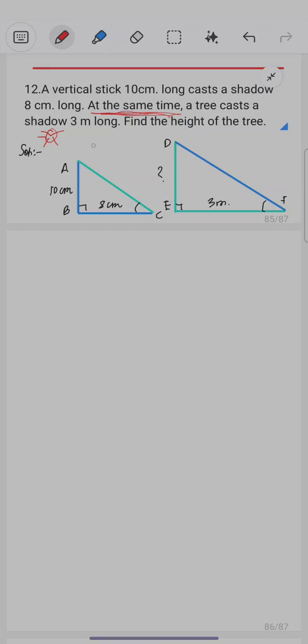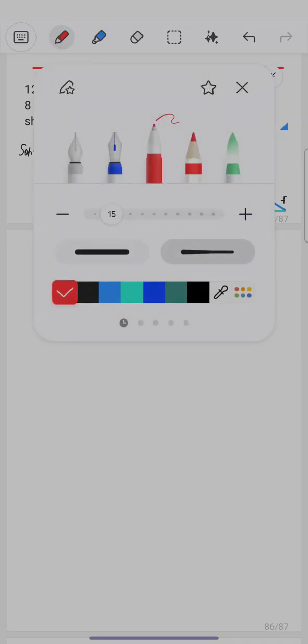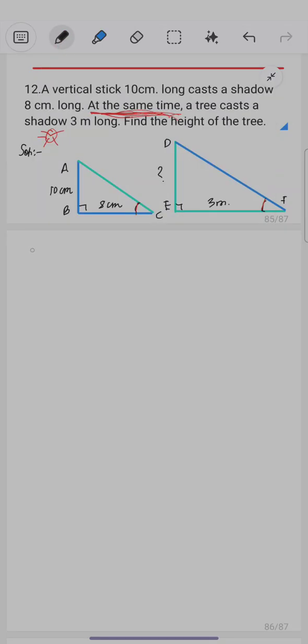Angle, because at the same time, solve question number 1. Given AB equal to the height of the stick,